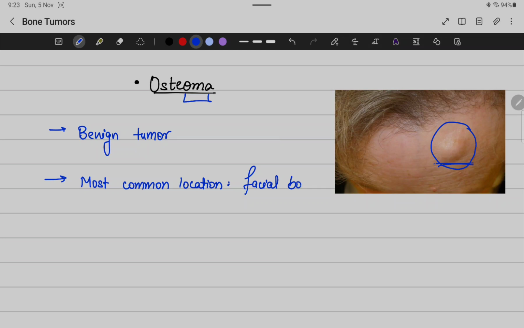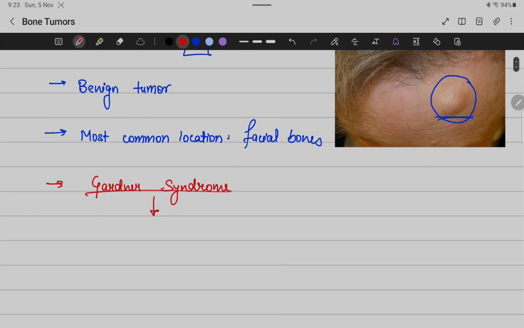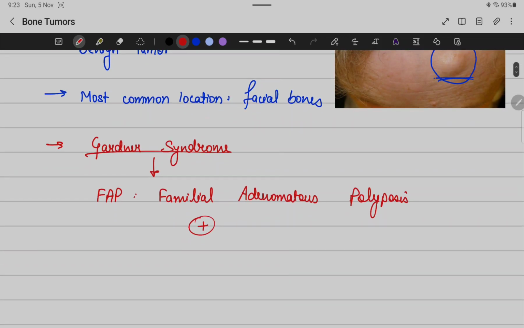All right, then really important association of osteoma is with Gardner syndrome. So what is Gardner syndrome? It is a syndrome composed of three things. First is your FAP, that is familial adenomatous polyposis. Then we get your fibromatosis in the retroperitoneum. First was your FAP, then is retroperitoneal fibromatosis